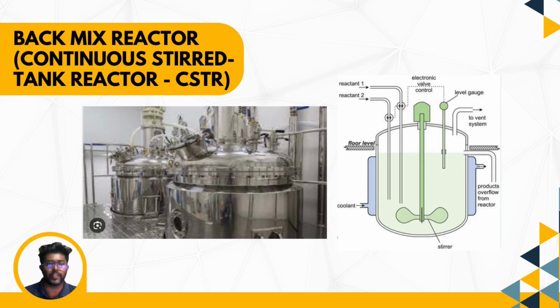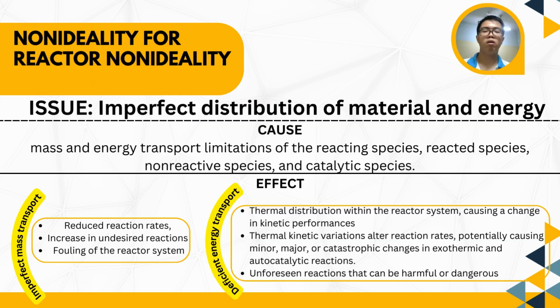Here we have the sketch of the CSTR and also the actual image of a CSTR from the industry. Non-ideality of a reactor means that the reactor or reactor system is not perfect or ideal. This is true because of imperfect distribution of material and energy due to transport limitation of reactant species, reactor species, non-reactive species, and catalytic species. The imperfect mass transport can cause a reduced reaction rate, increase in undesired reactions, and fouling